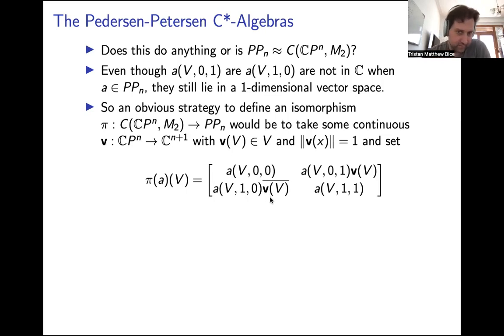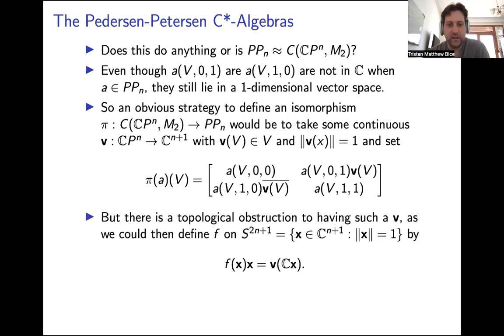If you could do that, then indeed they would be absolutely isomorphic. But the problem is that there is no such function v. There's a well-known topological construction, which is due to Borsuk and Ulam. To describe this a little bit more precisely, note that if we did have such a function v, then